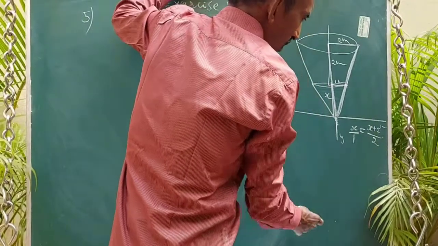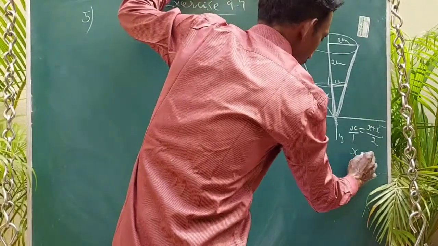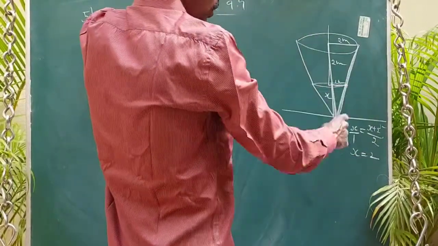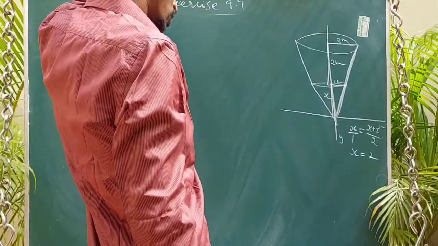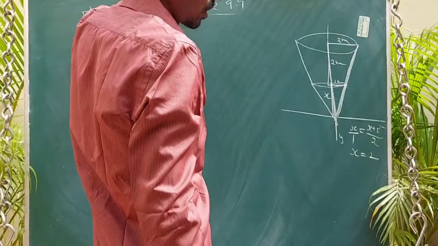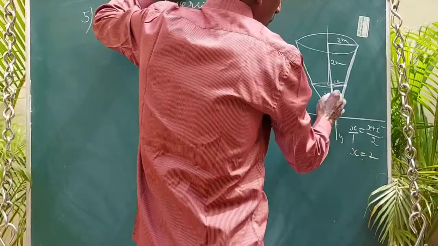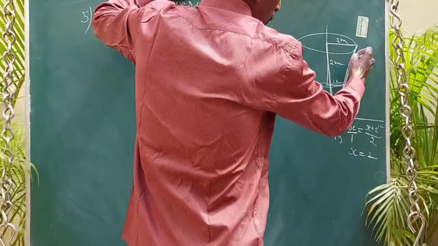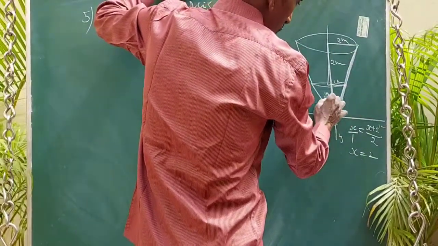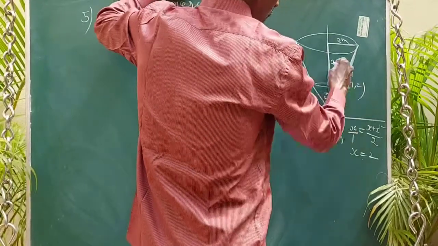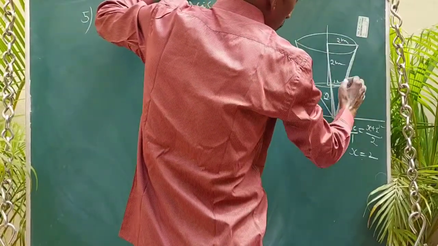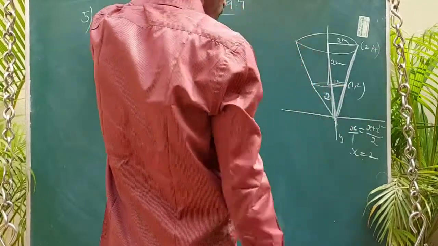Okay, so simplify and solve. We are getting 2x equal to x plus 2, so x equal to 2. So this value is 2 plus 2, 4. So when x is 1, this point is 1 comma 2. And this point is 2 and 2 plus 2, 4. This point is 2 comma 4.